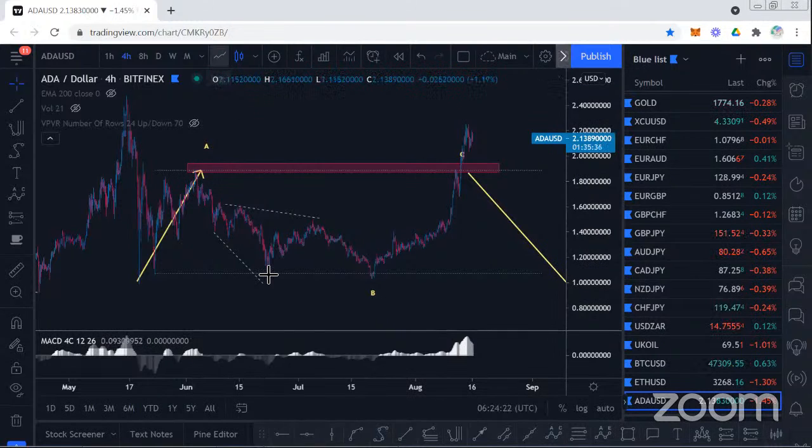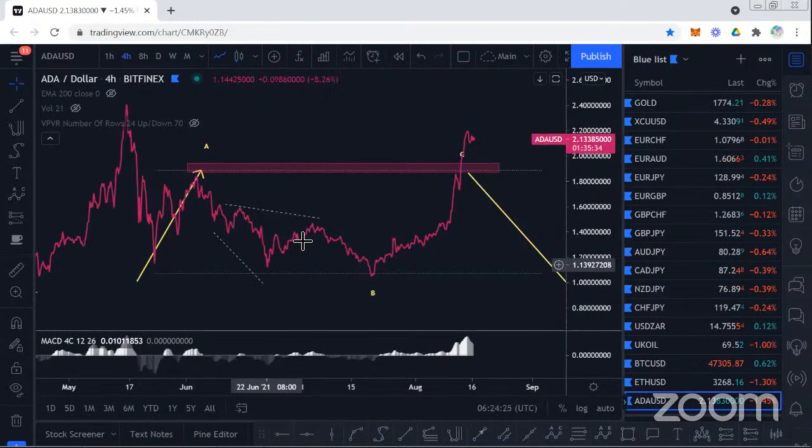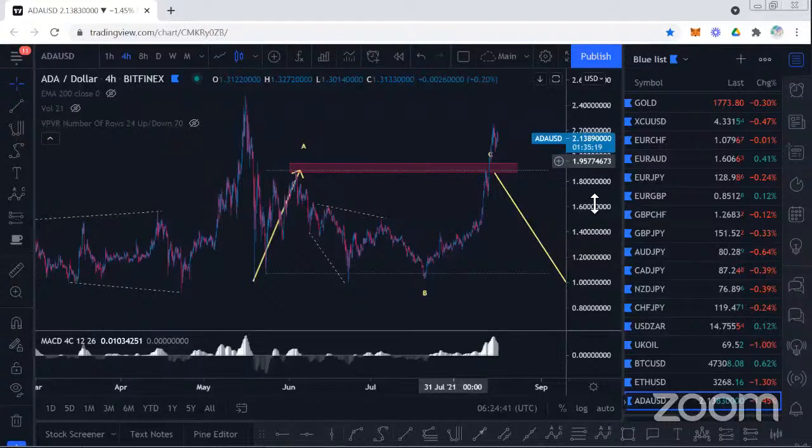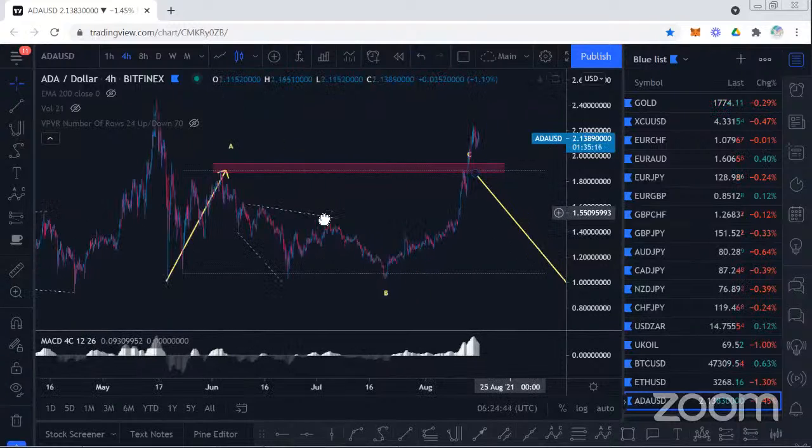If you go to the line chart, you can see why I'm using this as the central B wave and this as the low. I think there's low liquidity on this little pin bar down here, so we're not going to count it. I think this is the end of your B wave. You have an A wave up, bit of an expanding triangle in the middle, B wave there, big strong C wave. And now we should start to see an acceleration to the downside.